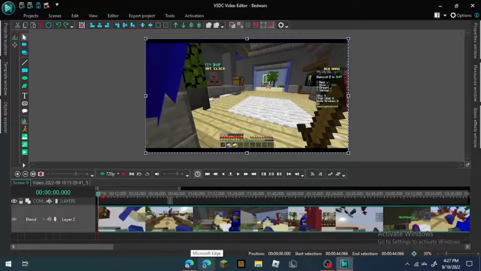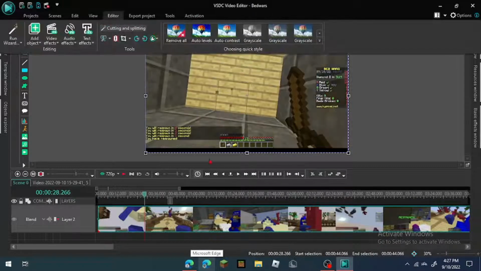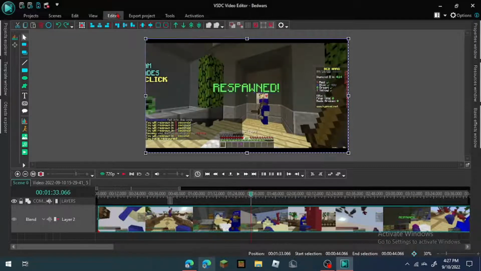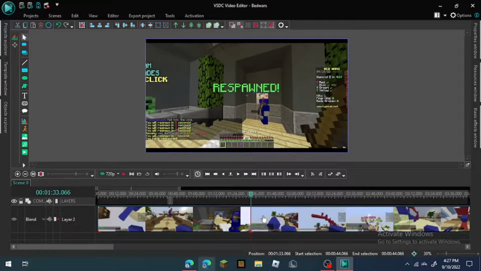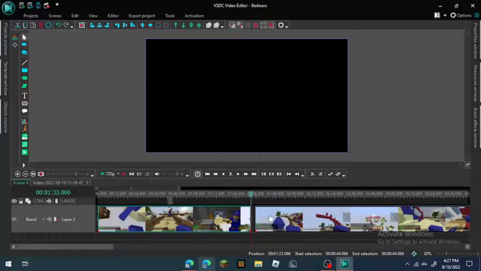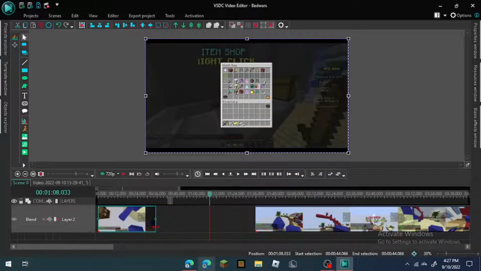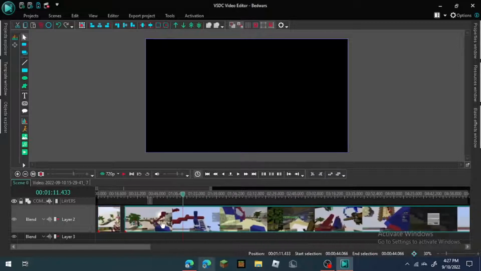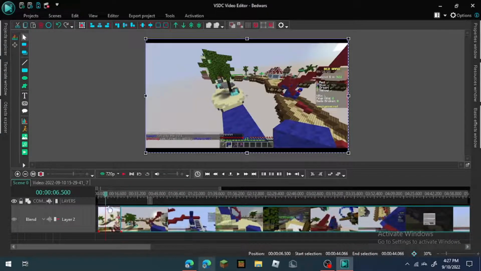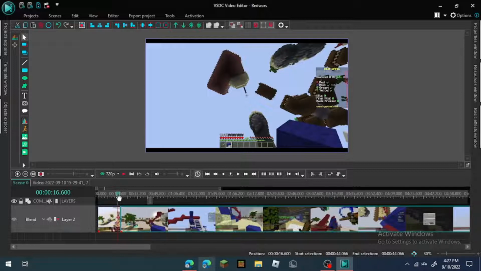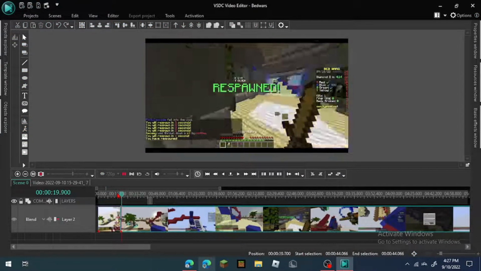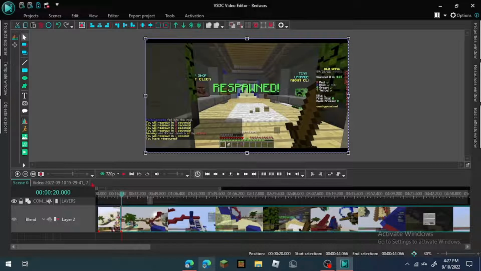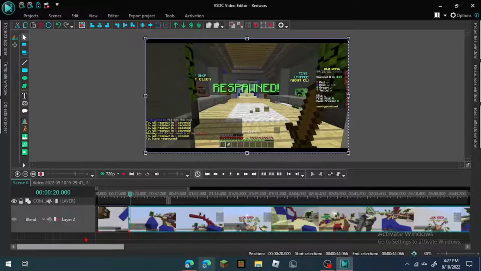Another way you can cut out parts is to go to any point in the video that you feel you have to cut out. Then you click this, which splits your clip. Then you can drag this back a bit, just a tiny bit, not much. And then you just trim the end until you reach this. You have to drag it back and connect it again, and you can see it's going to cut. It's not going to be smooth. Yeah, that wasn't a smooth cut because it was just an example, but as you can see,